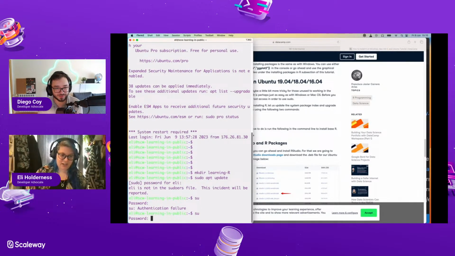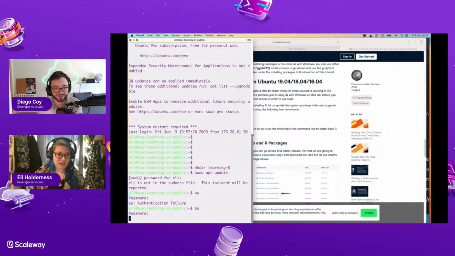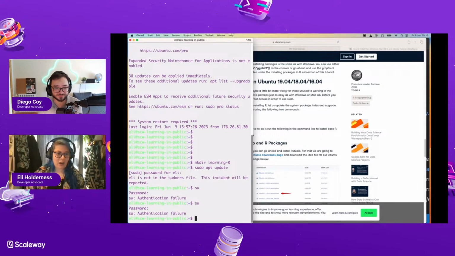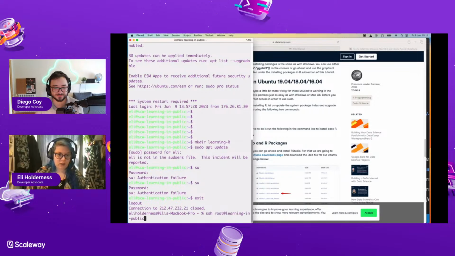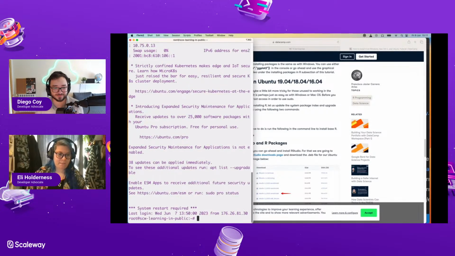You're logging in as root into your instance, into your virtual machine? I'm trying to, but I mean from the SSH session. I'm in SSH as a user that I made. Then maybe you can just log in as root. Yeah, let's see if I can. Oh, okay, cool.